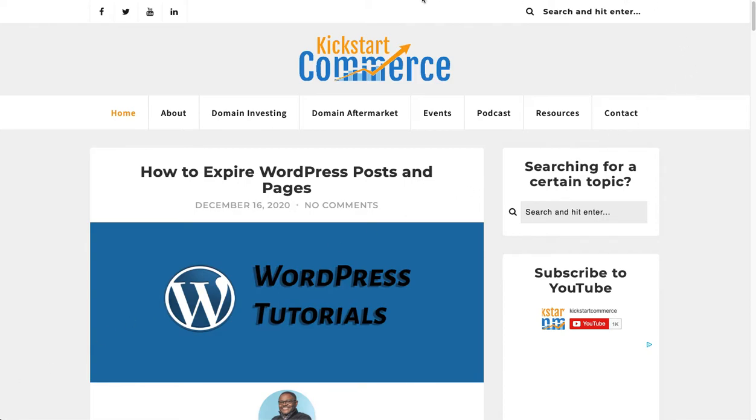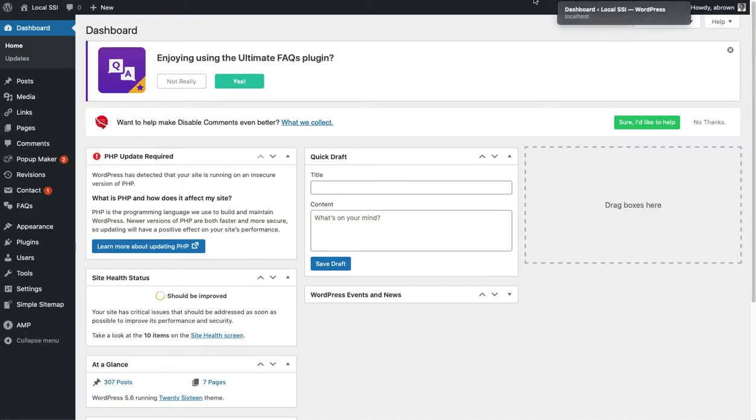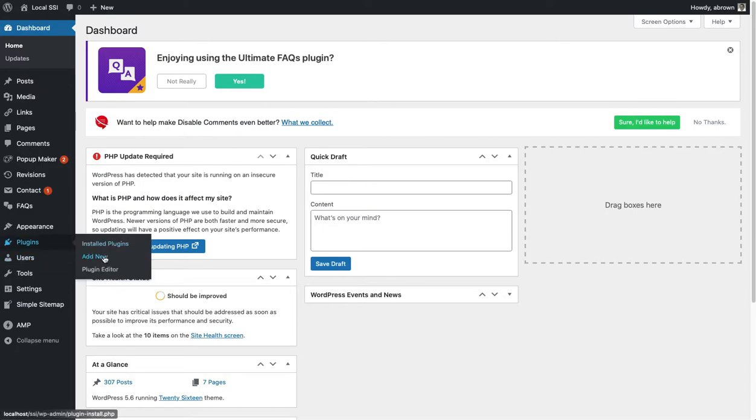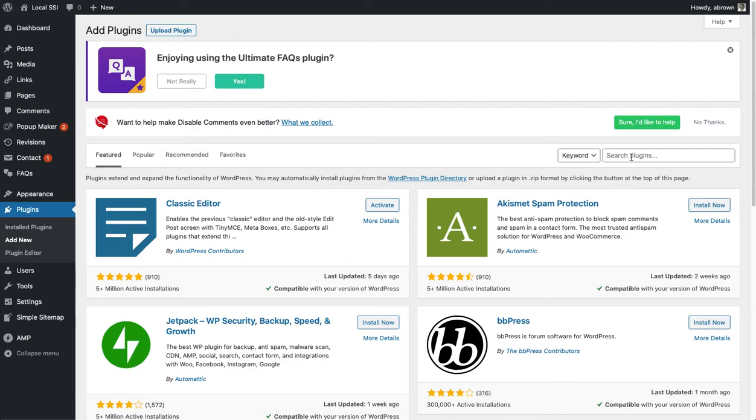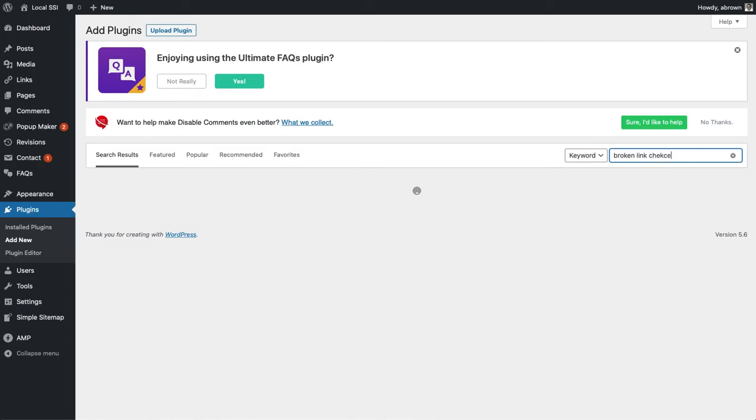So I'm running a vanilla version of WordPress, say that fast 5 times, on a local host. And so essentially go ahead and log in to your admin panel, and what we're going to do is go to plugins, add new, and when you get there you will want to type in Broken Link Checker, and there are going to be quite a few